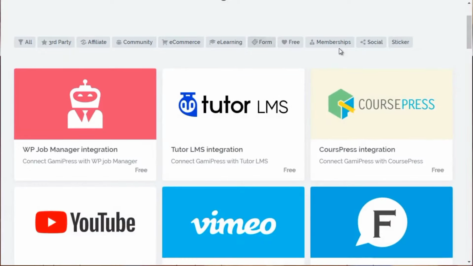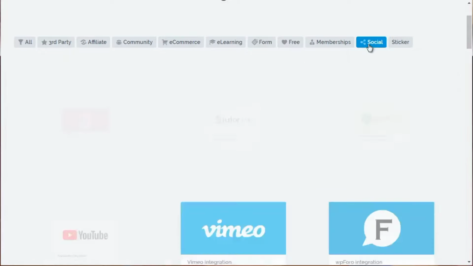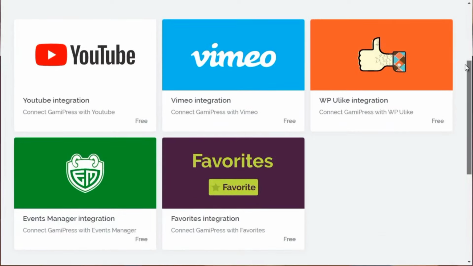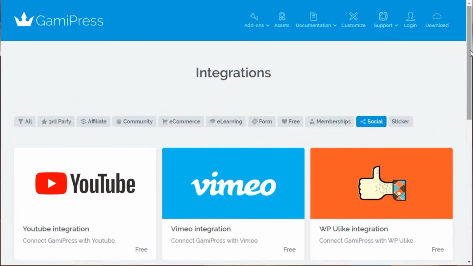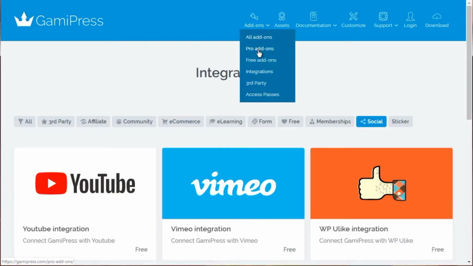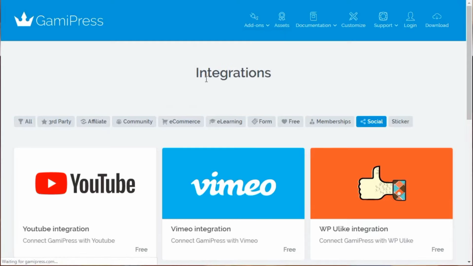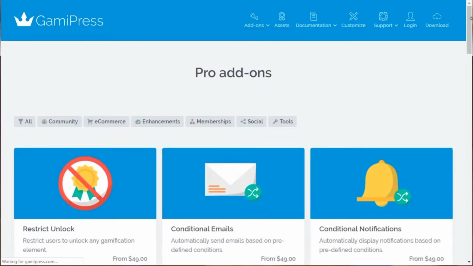For example, you can click on social. You could connect GamiPress with YouTube or Vimeo. In other words, you can give people points based on whether they watch a certain amount of video. They can do other things. Let's click on all. In fact, I'll click on pro add-ons. They have free add-ons that you can use, and they have pro add-ons as well.